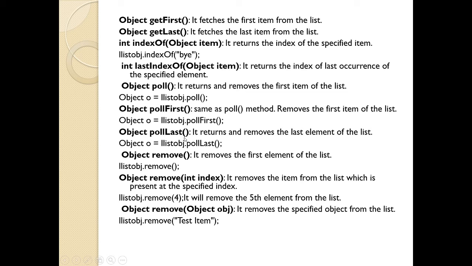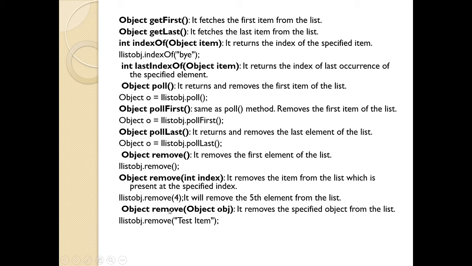Now if I'm at a specific point and I want to remove that, then object remove will remove the element of the list. Then with remove, I can remove an object from a specific index position. Let's say I want to remove the 5th position or the 6th position. Here I need to specify the index number and then I can pass it. So remove with the index number you want to remove, and it can be removed. When I specify 4, that means it is going to be the 5th element in this.